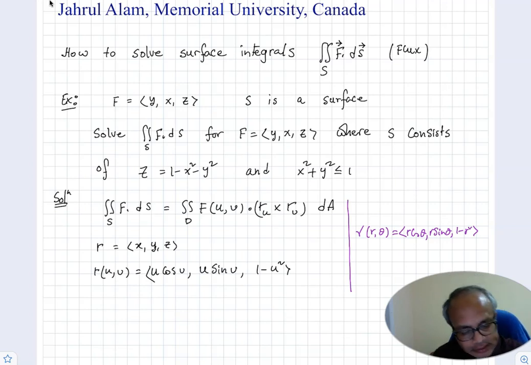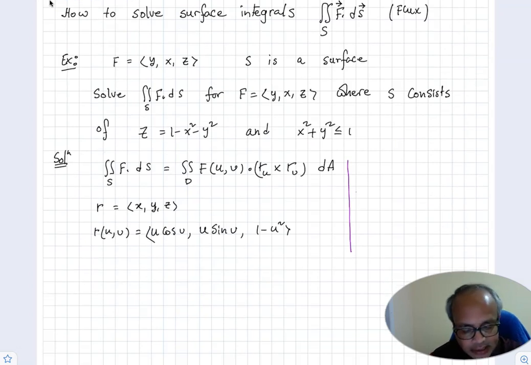So it does not matter which symbol we use, we just have to think of converting the integral in terms of two parameters. Okay, so now let's continue